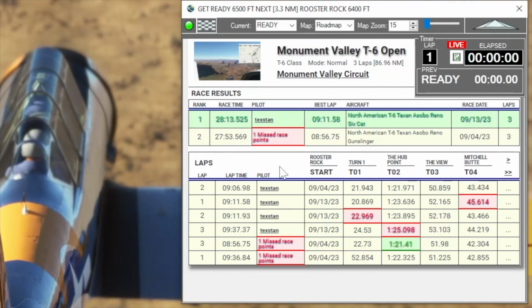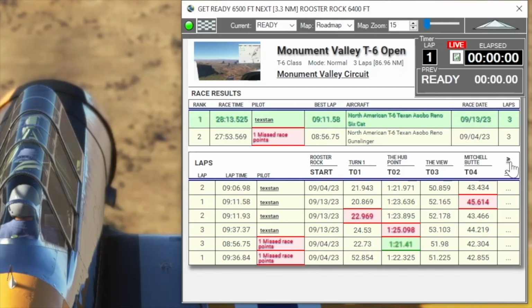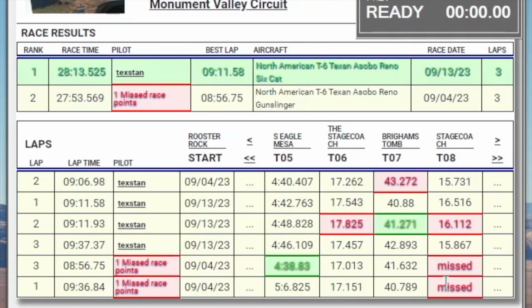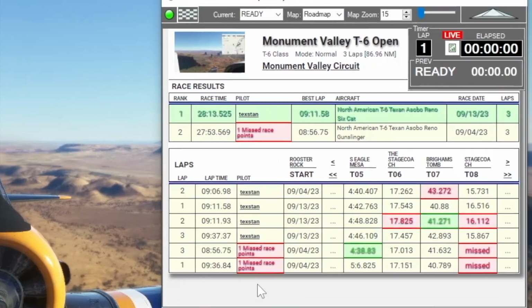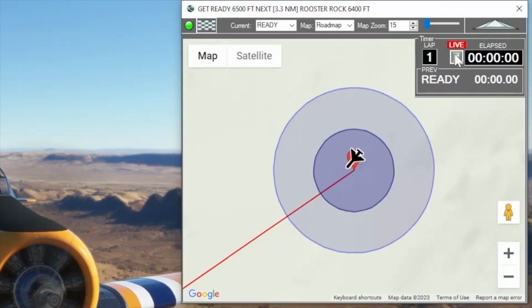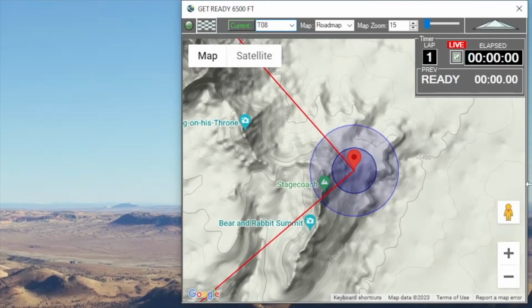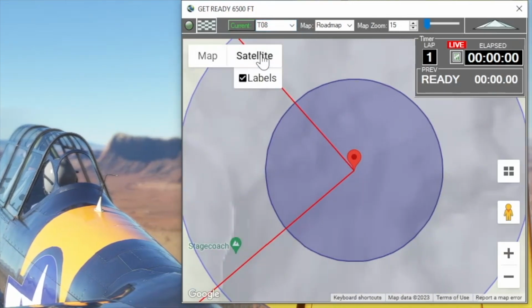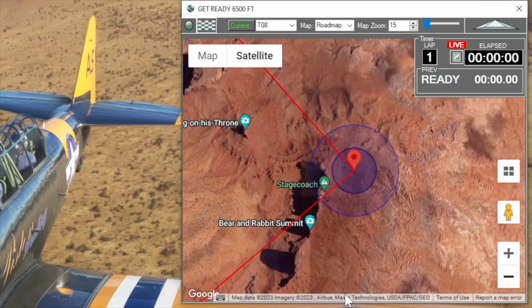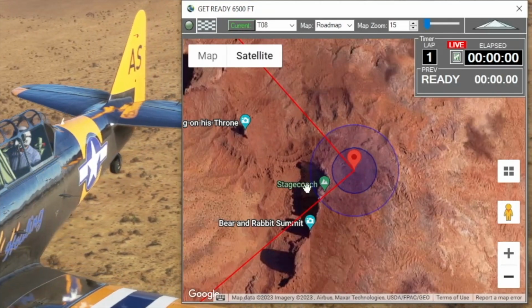And if I want to know which race point that is, I can come down here and you can see that looks like Stagecoach is where I have my problem, because 2 separate laps I missed that same waypoint. Maybe I want to go ahead and take a look at the Stagecoach, zoom in, look at your satellite, whatever you want to do to prep yourself